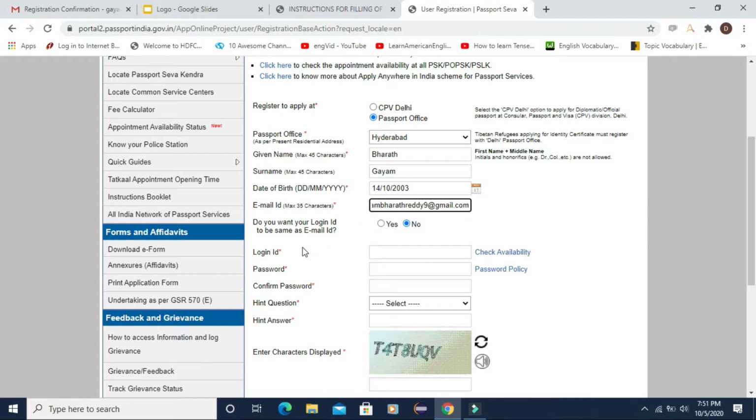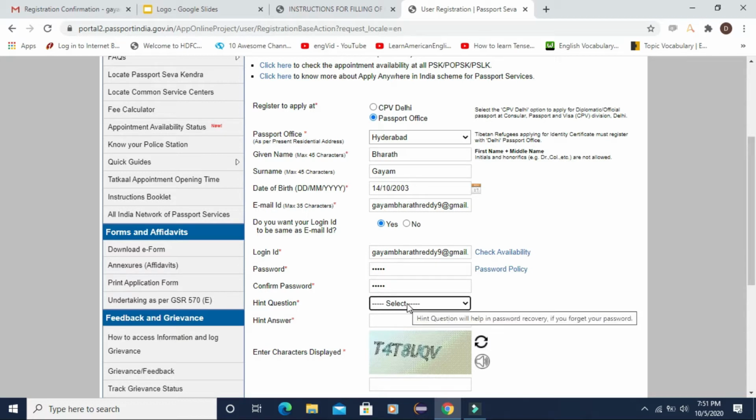After that, you can see here, do you want the user login ID to be the same as the email ID? Select yes. Select the password of your choice. Confirm the same password. Repeat the same password here.